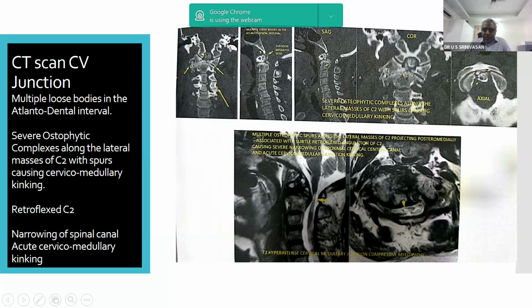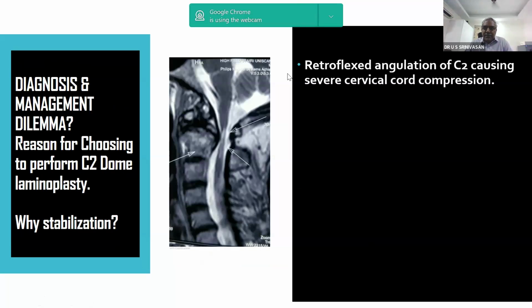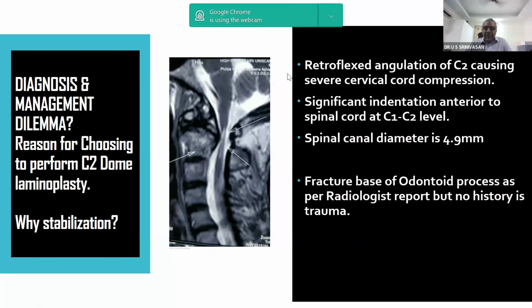I had a diagnostic dilemma in this case. What is it, and what for management? Yes, there is a retroflex angulation of C2 causing severe cord compression, and there is no doubt regarding that. There is significant indentation anterior to the spinal cord at C1, C2 level. The spinal canal diameter is 4.9 millimeter, which indicates a spinal stenosis. But the radiologist has reported fracture base of odontoid process, although there was a smooth base. So what is it? Then I thought it may be an os odontoideum